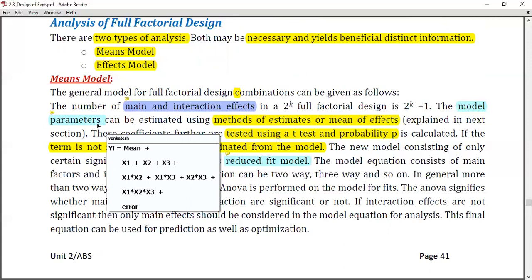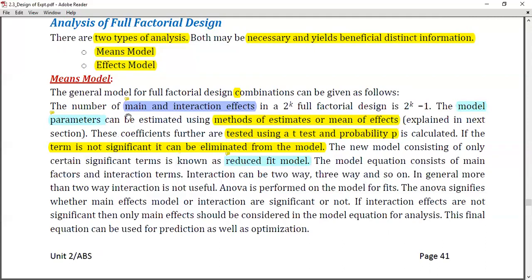Then individual factor, affected by individual factor x1, x2, x3, they are called as primary factor. Then interaction between the two factors x1 and x2, they interact, x1 and x3 interact, x2 and x3 interact, or all three may interact together. So this is called as interaction effect. Now that interaction could be, we call it as synergistic and antagonistic or neutral interaction.